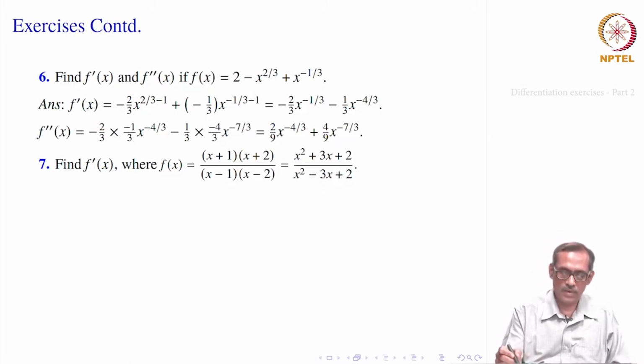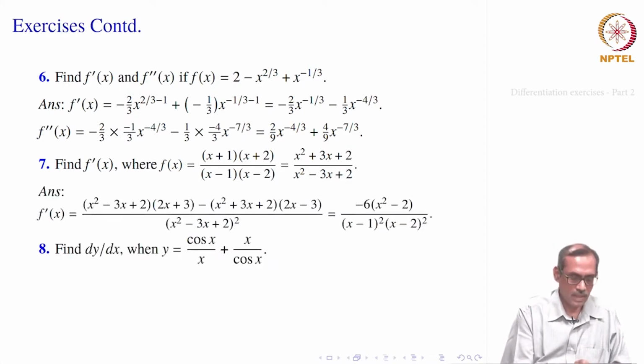Now, this is a function in the form f by g, right. So, denominator is g and numerator is f, something like that, we remember the formula. So, it will be g, that is the denominator, times differentiation of the numerator minus and so on. So, let us find it. That is how it looks.